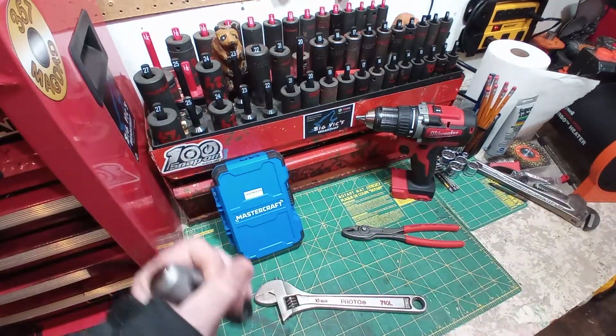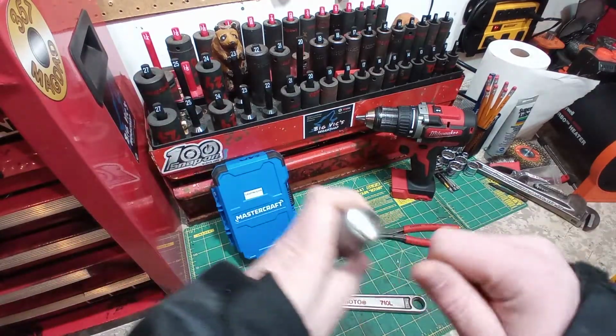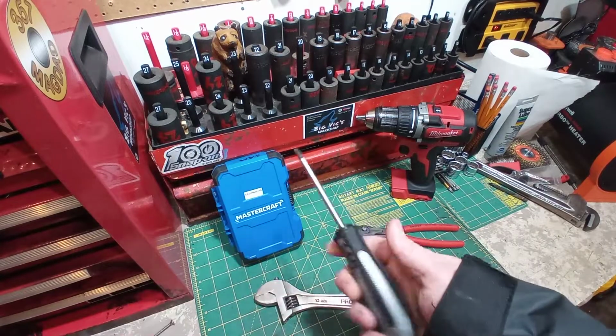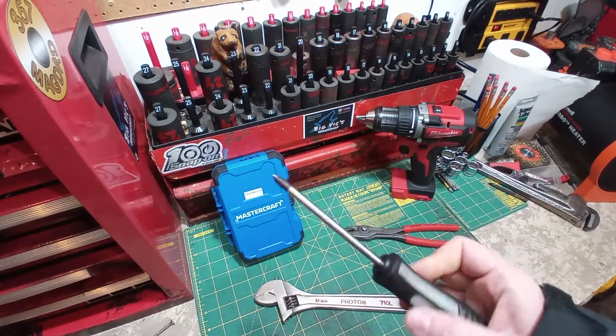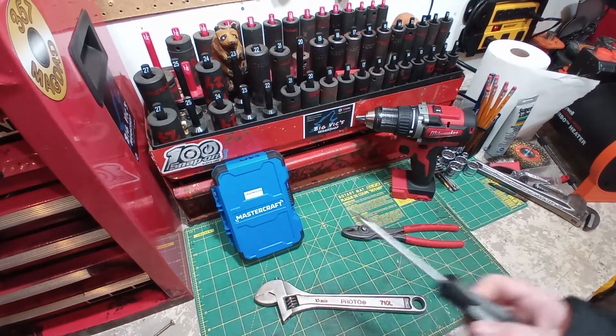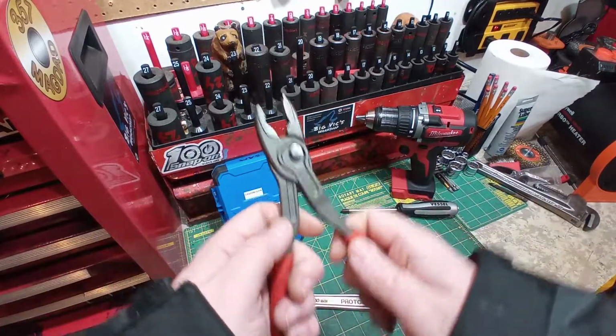You can put this down, and it has the action of a hand impact driver. If you whack this, it turns. There's a mechanism inside the handle here. But I just use this for almost any Phillips task I have. It fits great, works great, and yeah, my go-to screwdriver. It's awesome. And last but not least, certainly not least,